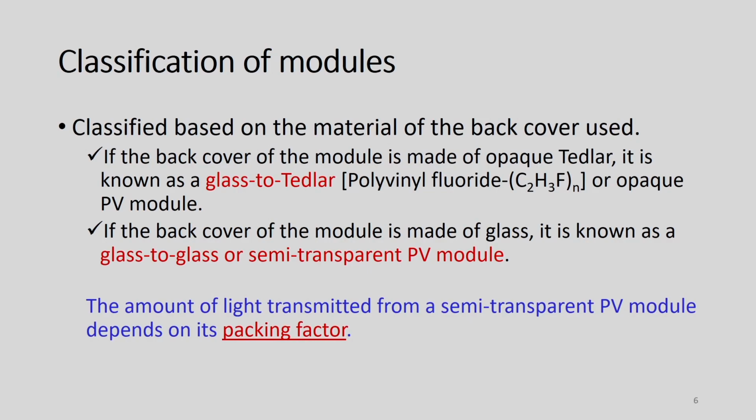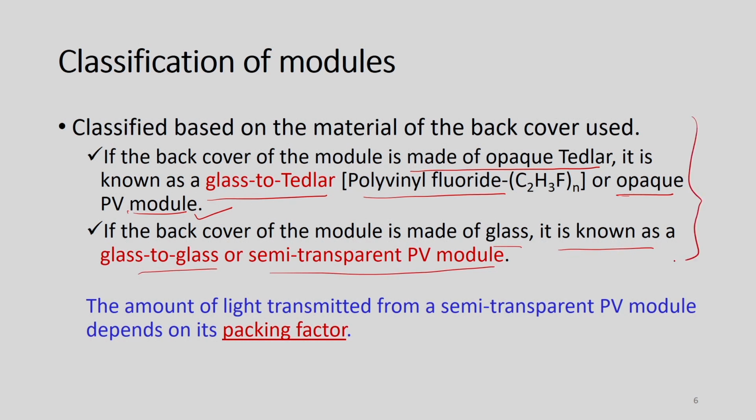So, how are modules classified? They are classified based on the material used in the back side of the module, right. So, if the back cover of the module is made of opaque Tedlar, it is known as glass to Tedlar. Okay. And this Tedlar is nothing but polyvinyl fluoride, okay, or opaque PV module. This is known as glass to Tedlar or opaque PV module. And then the second one, if the back cover of the module is made of glass, it is known as glass to glass or semi transparent PV module. Okay. So, primarily these two categories are prominently available,